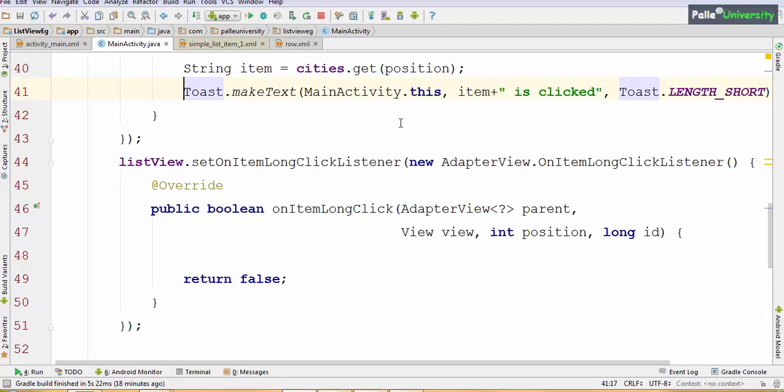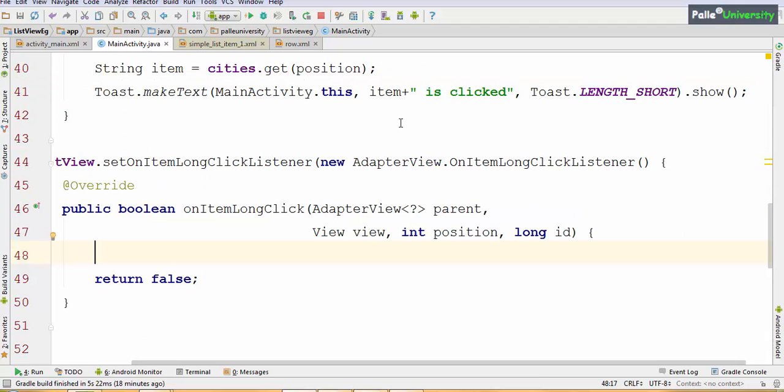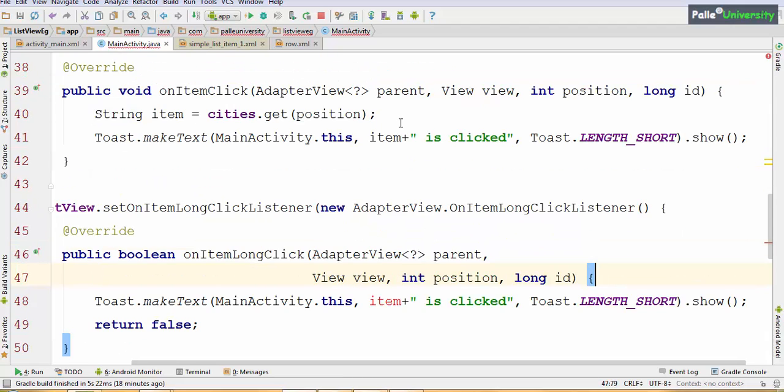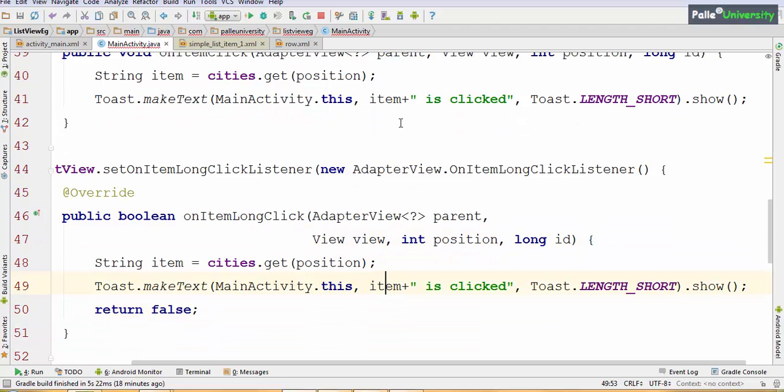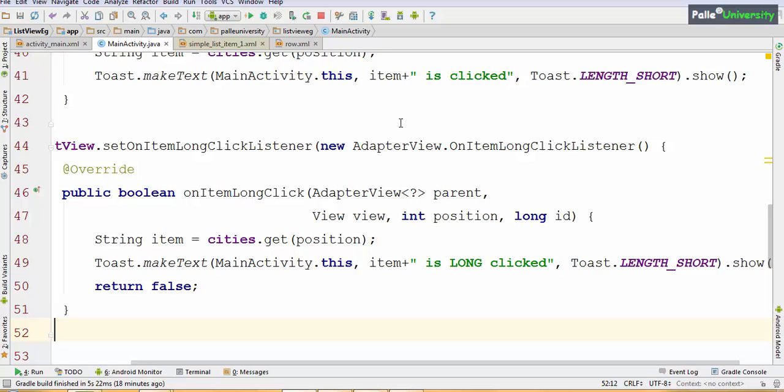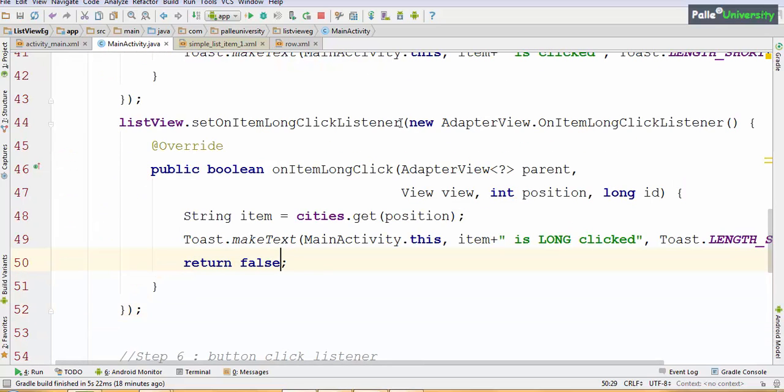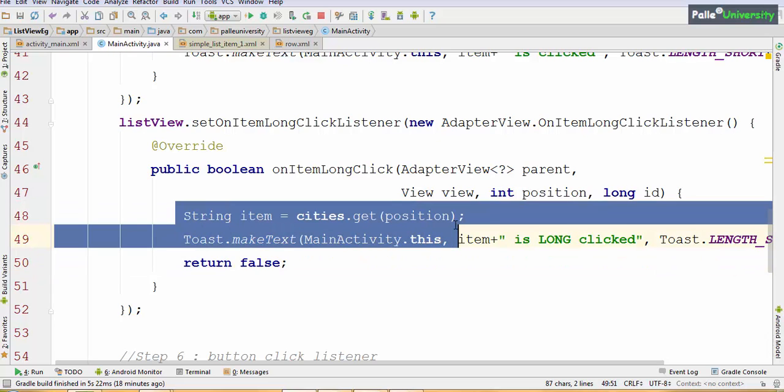Now, let me print a toast message in onItemLongClick. Everything will remain the same. Just in place of item is clicked, I will type item is long clicked. That's it. Now let us see what will happen if I return false and what will happen if I return true. Generally, it is good practice to return true because we are successfully handling that event.